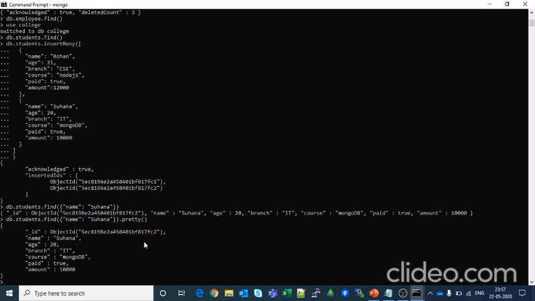Let's see some other filters. db.students.find. Let's say the criteria is the amount.